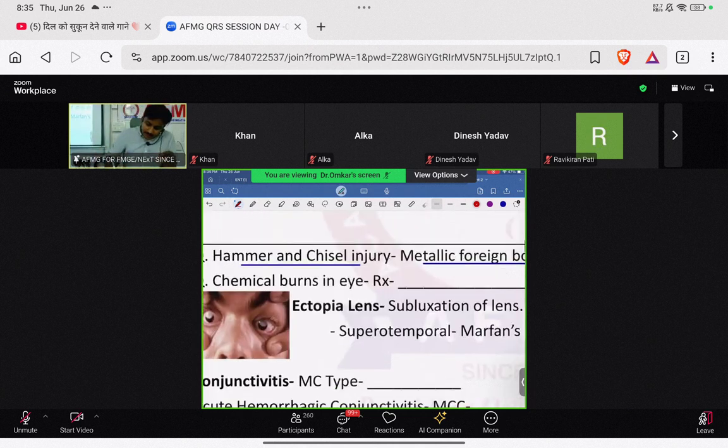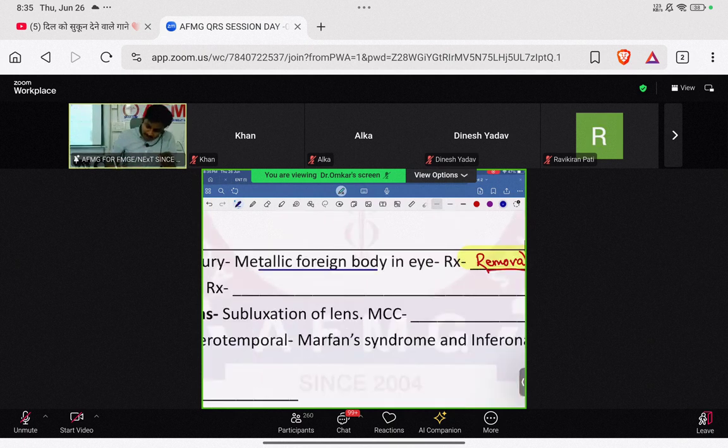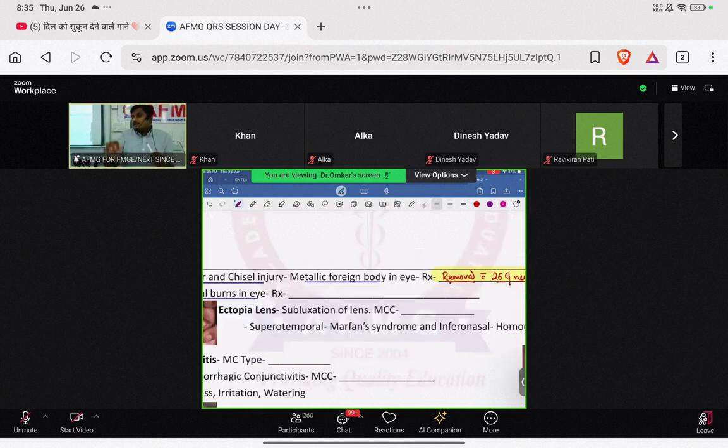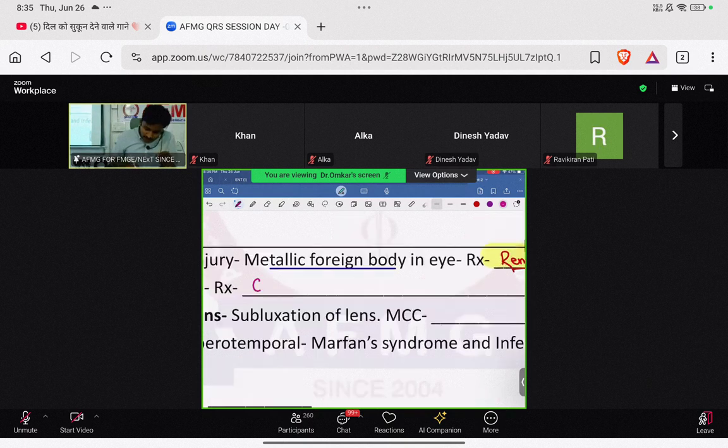Next is chemical burns in the eye. I've taught this in surgery. We know the treatment for chemical burns in the eye. There was a recent question: a person working in a tuna factory had a splash of chemicals in his eye. So the treatment is nothing else but copious saline or water irrigation. You just have to wash the eyes with a lot of water or a lot of saline. So copious saline irrigation or definitely copious water irrigation.